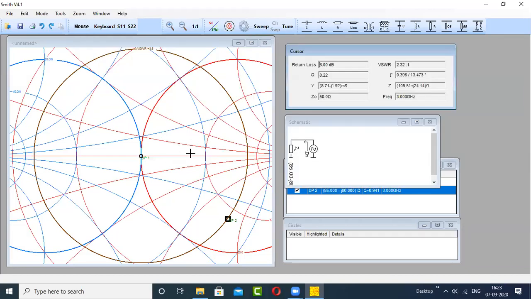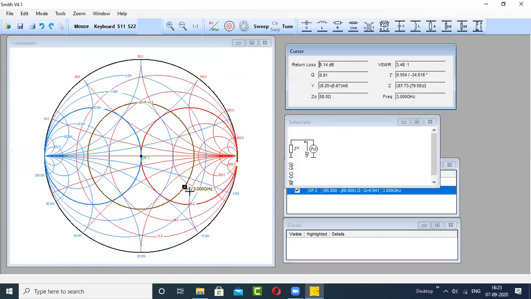The entire procedure will be repeated now. So once again, you are going to use the open circuited stub. You have to start moving from this load and reach the center of the Smith chart. Always, this approach will remain fixed. You have to start from the load and reach the center of the Smith chart, because the center of the Smith chart represents the perfect match condition.